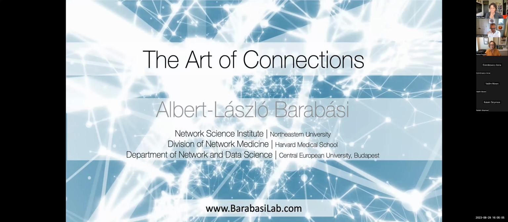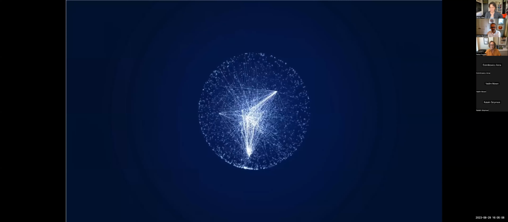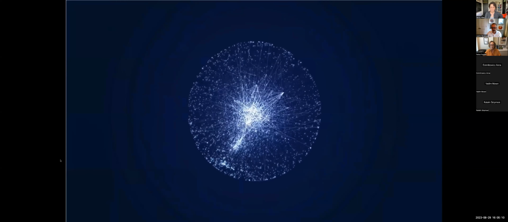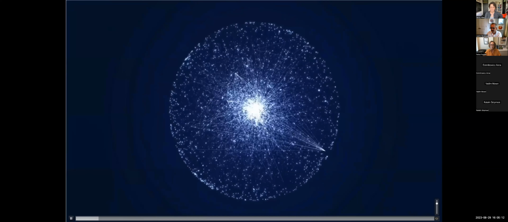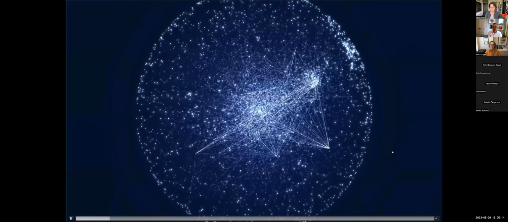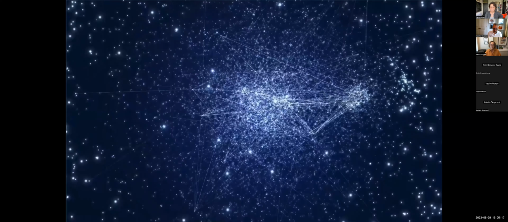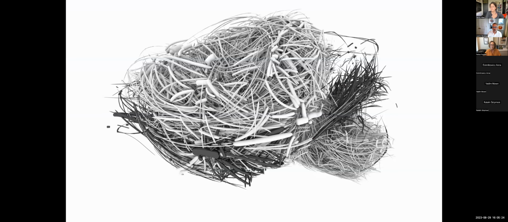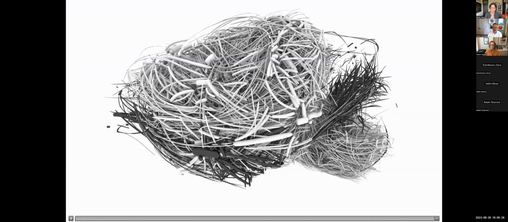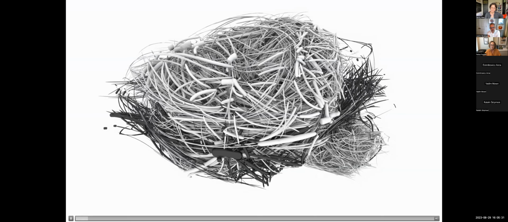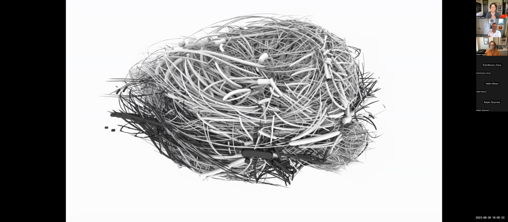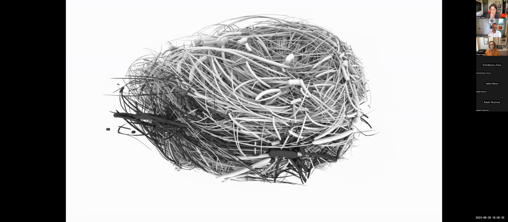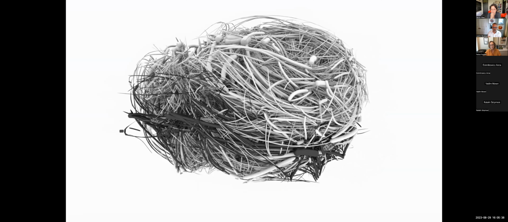I'm a network scientist, which means that I spend much of my time studying networks like what you see over here, which is really the protein interactions within our cells, how each protein interacts with others. But I also focus a lot on brain networks, what you see over here, which captures how the neurons are connected in the brain. Ultimately, the hope is to understand brain function and consciousness through that.